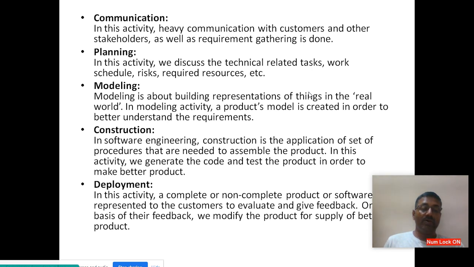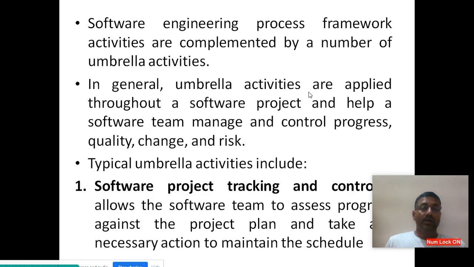The next level of software development is deployment. Once the designing is over, then focusing on the coding, then coding is over, next testing will be conducted. Once the testing is over, the next phase is called deployment. Deployment is the activity where the software is carried over to the next level, installed at the customer's place, then getting feedback and other things are focused on in the deployment area. So these are all the five things that should be focused on in a very important way. These are all the framework activities.